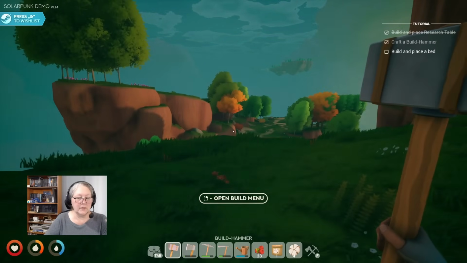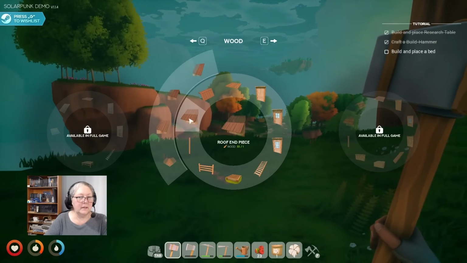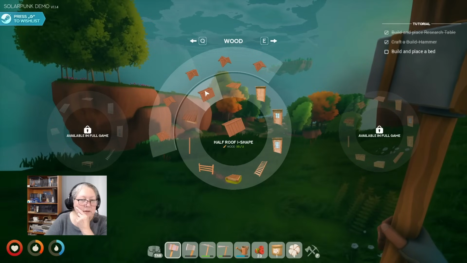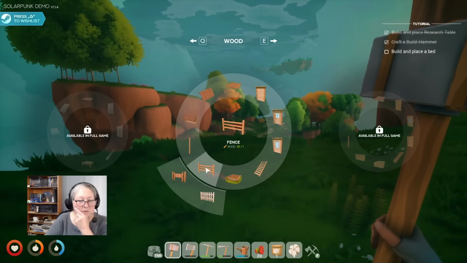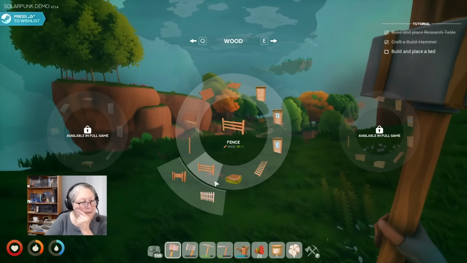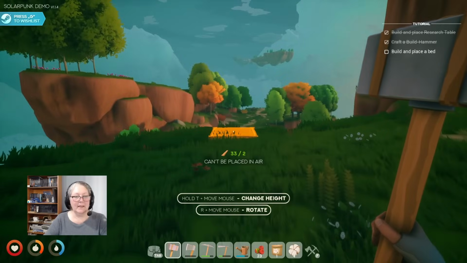No, you just go into the hammer and right click. See, now I can build, what are these? Roof. Oh no, it took me a bit to get there, I'm sorry. So we need foundations. We got a fence. Oh, I love fences. Alright, we've got a fence and we've got foundations. We need